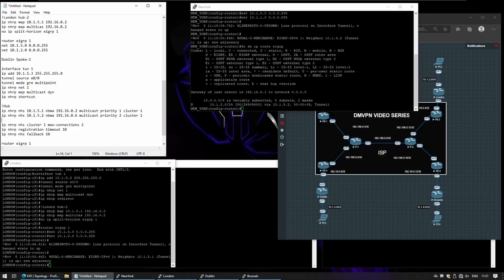Now, something that I want to highlight is that based on the Cisco configuration guide, there are scenarios where they recommend that if the hubs have different priority groups, the priority preference, then the maximum number of connections should be 1. Well, it turns out